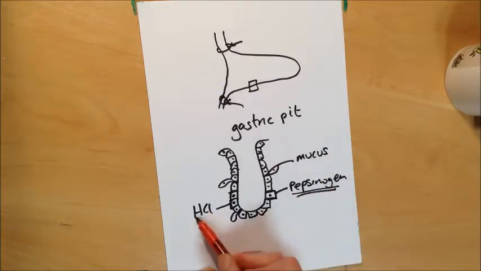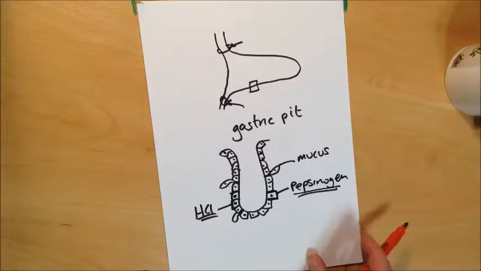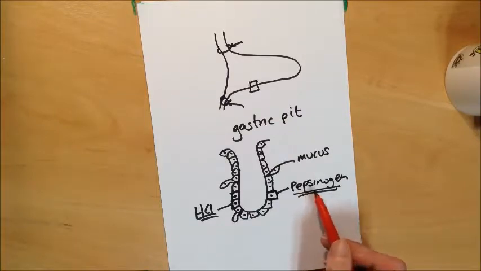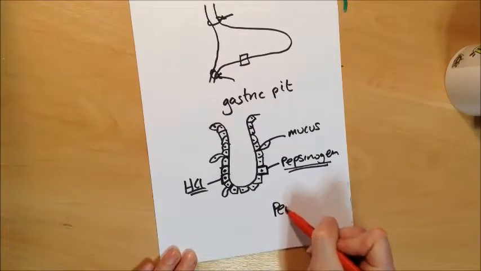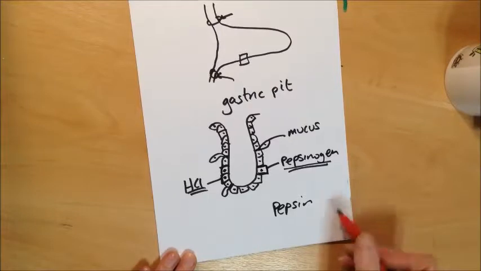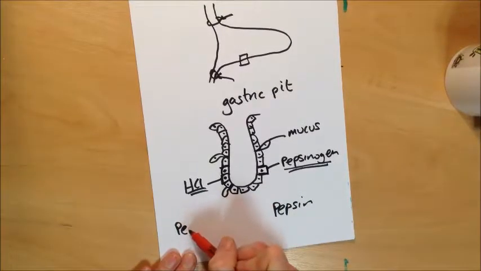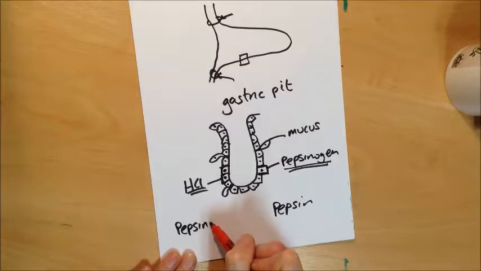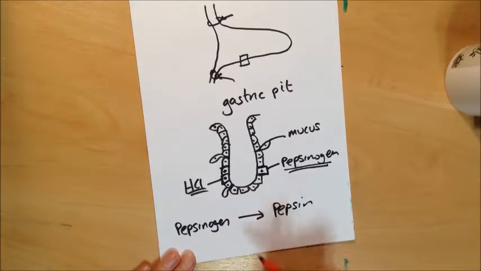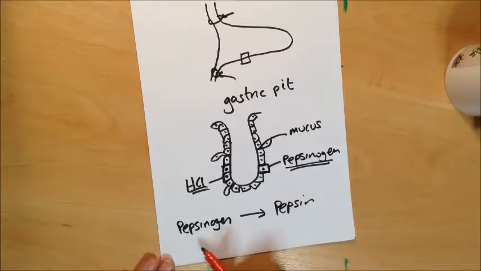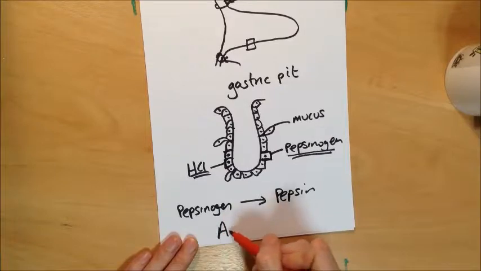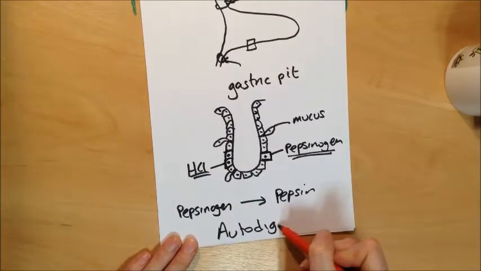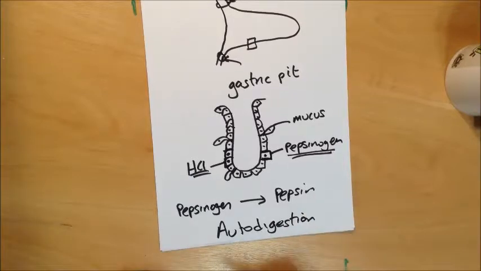Now just a word about pepsinogen and HCl. Quite an interesting relationship between the two. Pepsinogen is an inactive precursor of pepsin. And pepsin is a protease enzyme, but when it's secreted it is pepsinogen. Now if you think about it, that's quite sensible. Because if pepsinogen is an inactive precursor, what that means is that it's not going to break down the cells themselves. In fact, it stops something called autodigestion. And autodigestion would cause damage to cells, and it could also cause stomach ulcers, so we definitely do not want